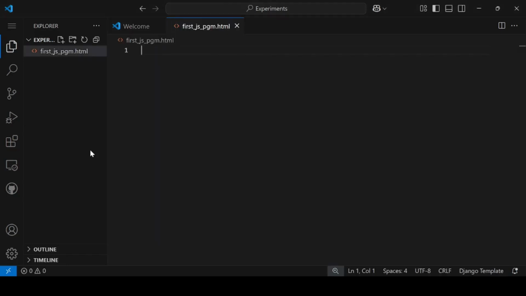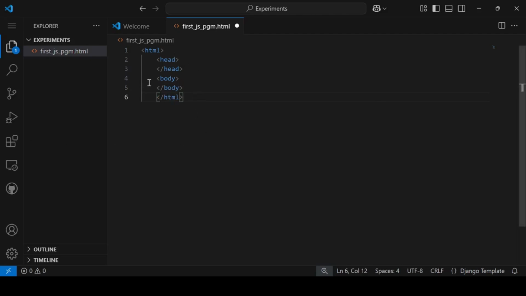But let us write a sample, as usual, HTML, head, body and HTML. Okay, so we'll align these things like this,